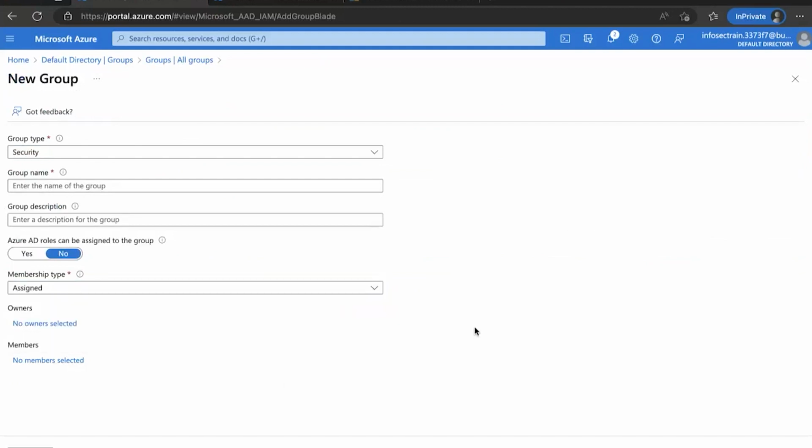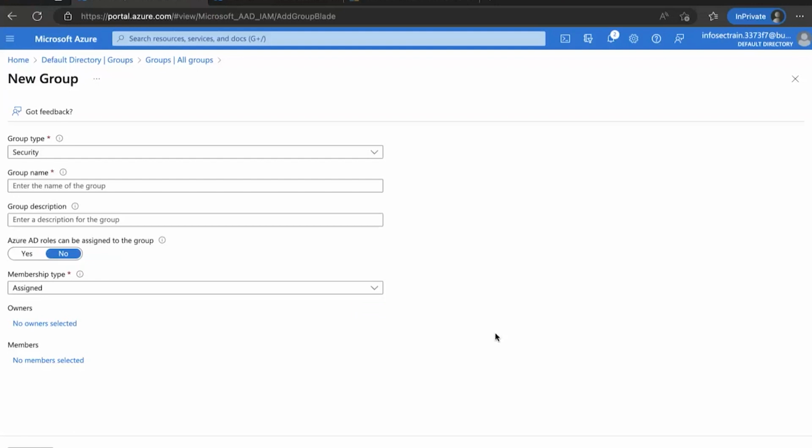Means you need to have a premium P1 or P2 license, then only it will allow you to go ahead and work with the dynamic device and dynamic user group.